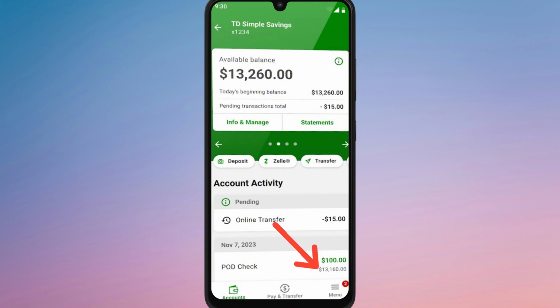Next, go to security settings or biometric login. Here you will see the option to enable fingerprint login if you are using an Android device, or Face ID or Touch ID if you are on an iPhone. Turn the toggle on and follow the on-screen instructions to allow the app to use your fingerprint or face recognition